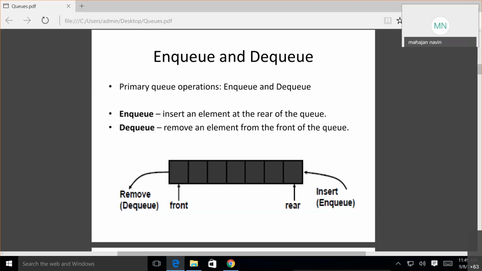As we have taken an array, we will have a max value, max, so I cannot insert more elements than what I declare with the array. Elements are removed from the front, and elements are inserted at the rear. Inserting is called NQing, and removing is called DQing.